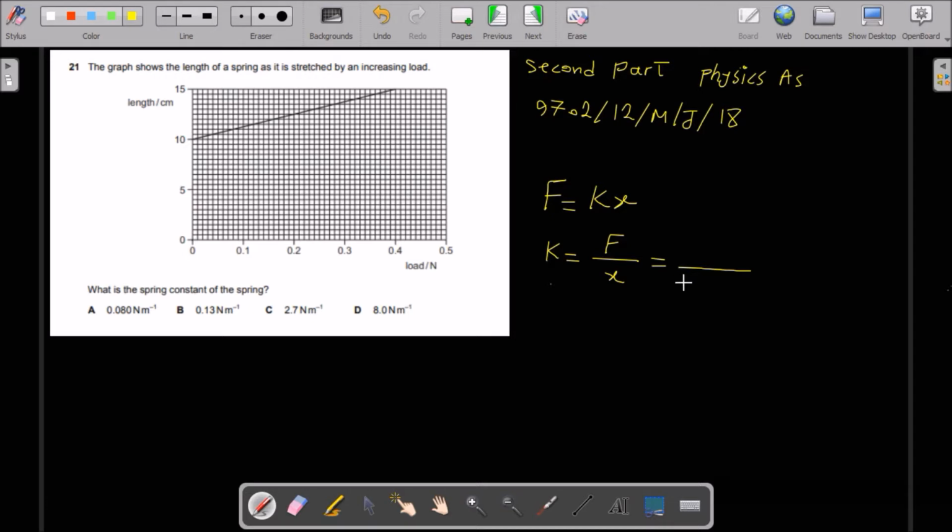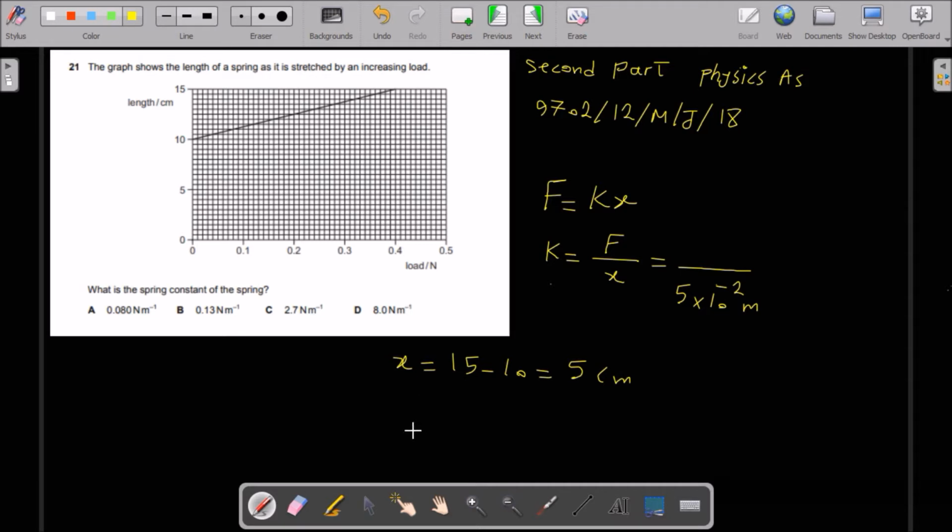Suppose we consider 2 points, for example 10 and 15, and extension will be 15 minus 10, which is 5 centimeter. So you can write 5 times 10 to the power negative 2, changing to meter. And force,